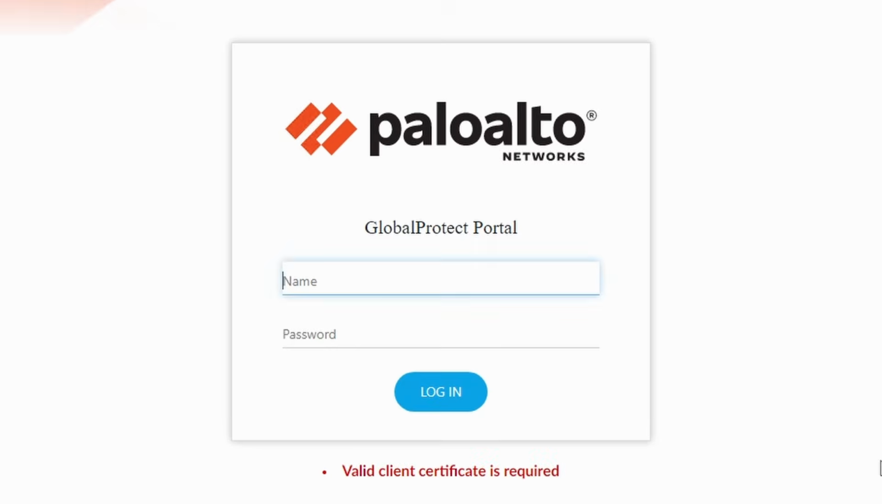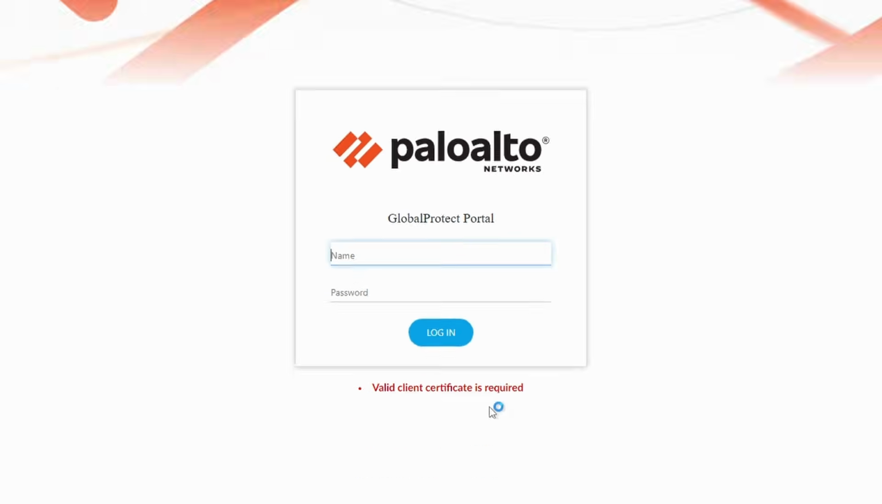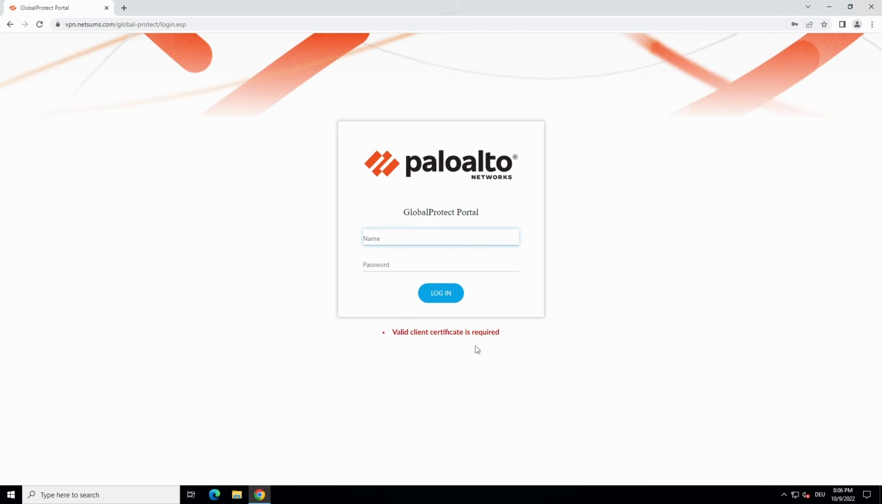And we click on login. We see that a valid client certificate is required. Even with the correct username and password, it doesn't allow us to authenticate. You can choose in your environment if you only want it for the gateway or if you want it for